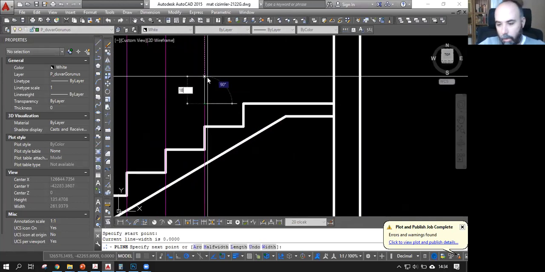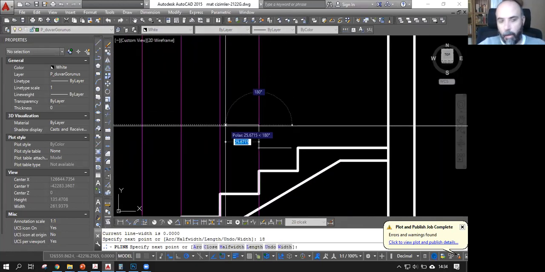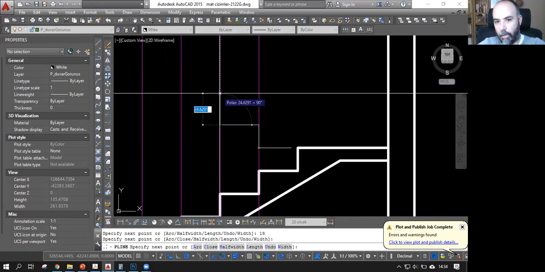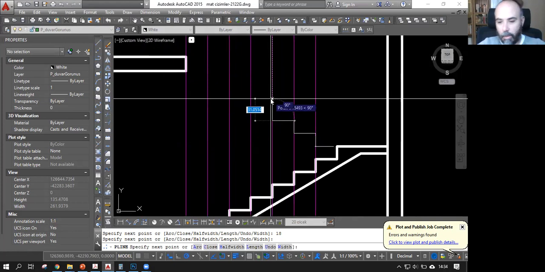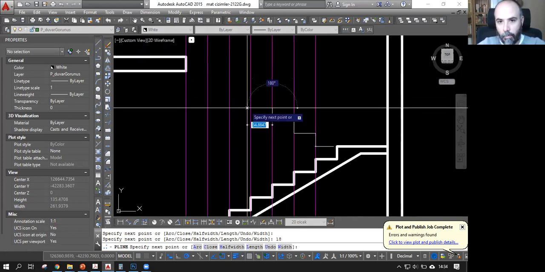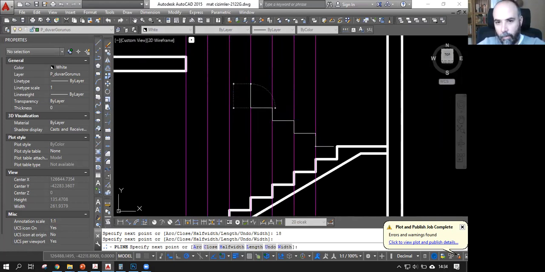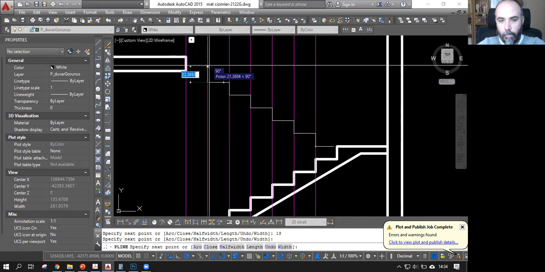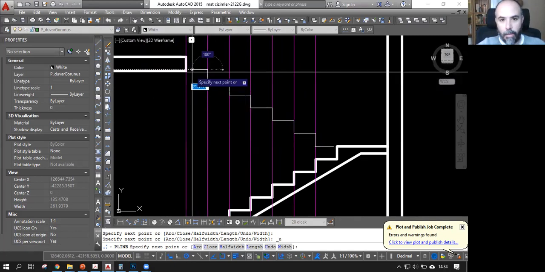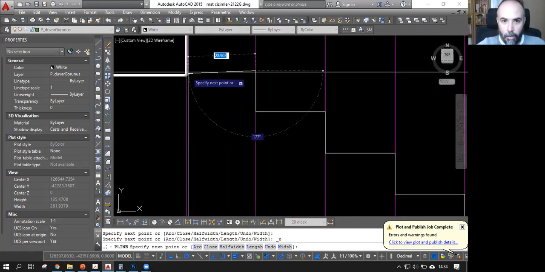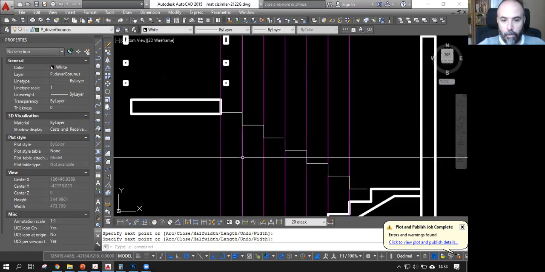Yeah, I can just measure 18 centimeters, and I can keep going like this. And that's the last step, which is also the